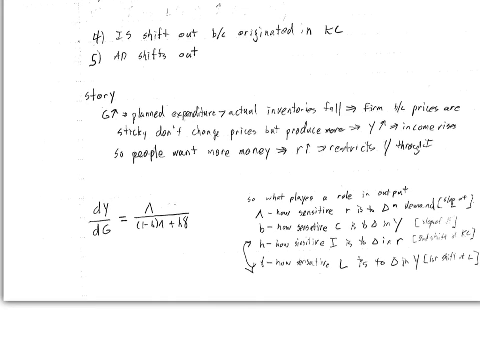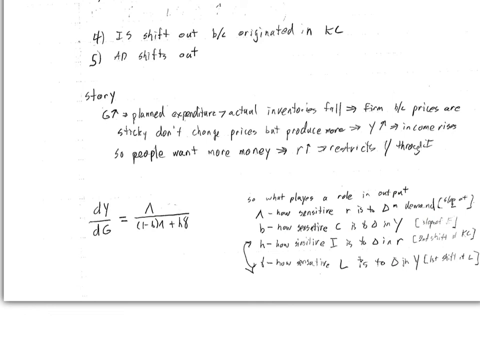But just real quick, I want to talk about this last point here. We see that if you change government spending, output's going to change, and it's going to change by this much. Now I can see the things that play into how output's changing. Output's changing depends on how sensitive the interest rate is to the change in money demand. That's where lambda came from. It's the slope of the liquidity preference line. It also depends on your marginal propensity to consume. That's when you've gone back up into the Keynesian cross and seen how much the movement is,